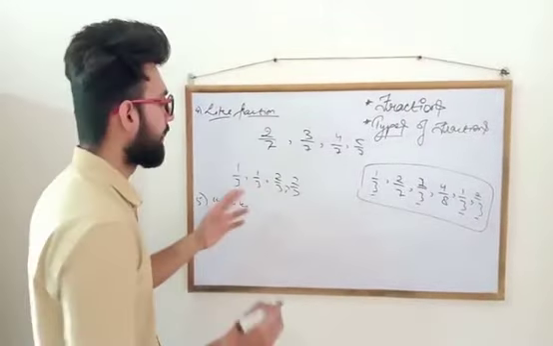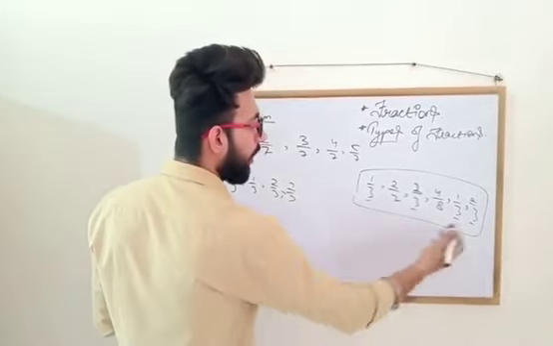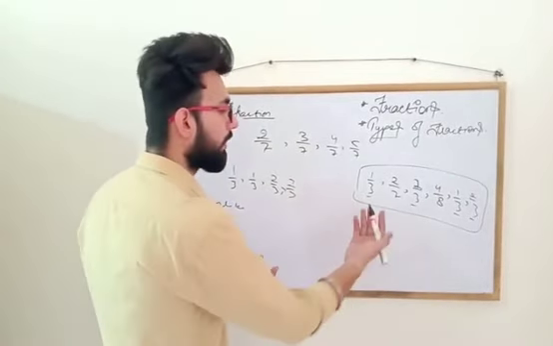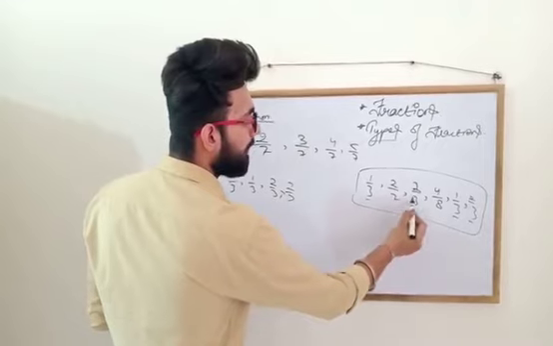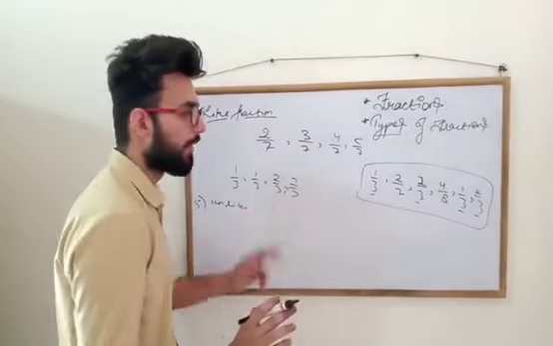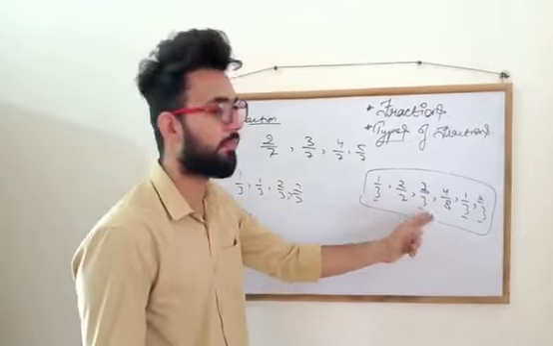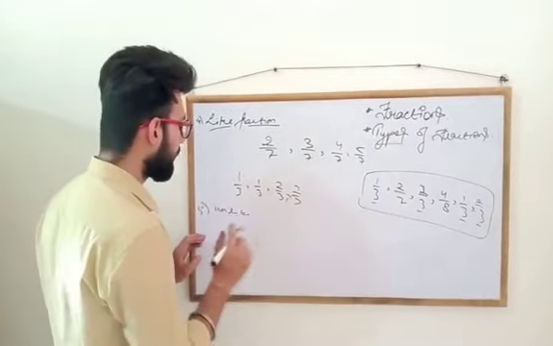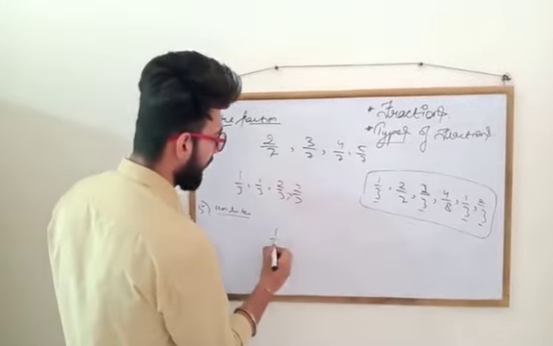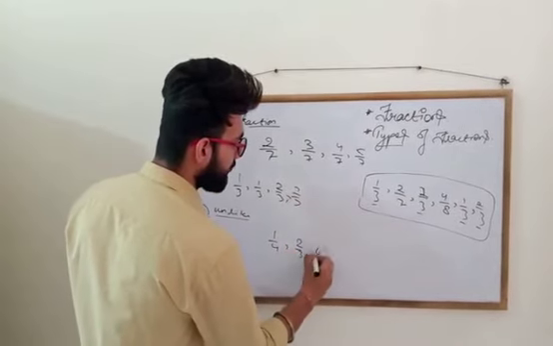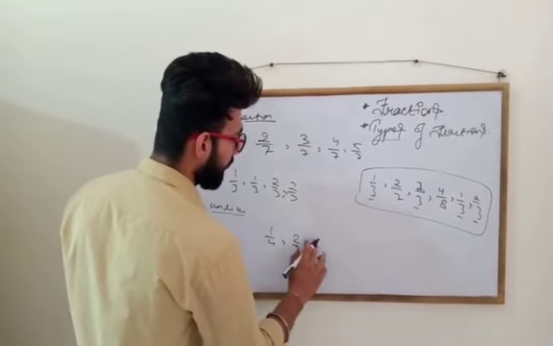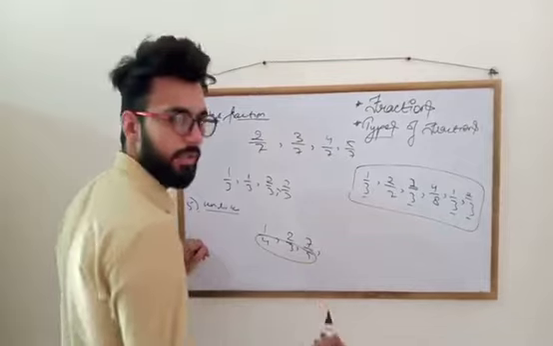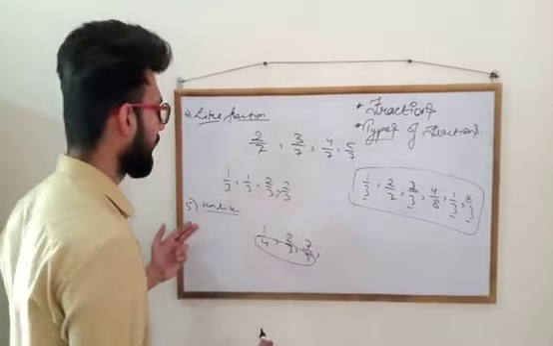Just opposite to this one, if we ask in this scenario, we need to find out the unlike fractions. So we'll write all the fractions one time. 1/3, 2/7, 4/8. These 3 fractions basically, because the denominators of all these 3 fractions are different, which means when the denominators of the fractions are different, they would be termed as unlike fractions, like 1/4, 2/3, 7/9, and so on. Okay, the denominators of all the 3 are different. So these are basically 5 types of fractions.